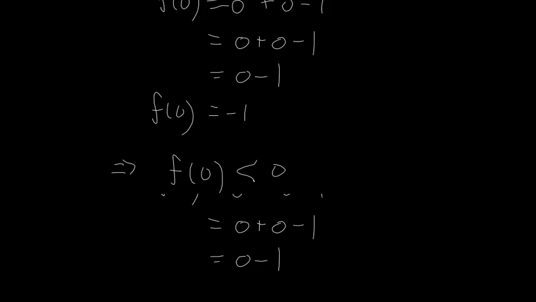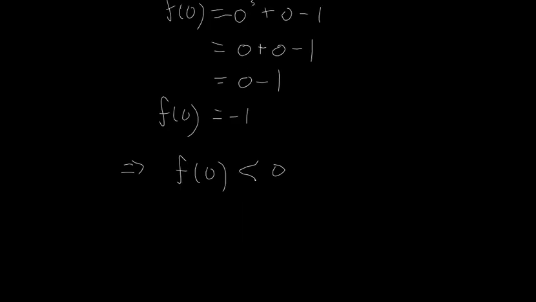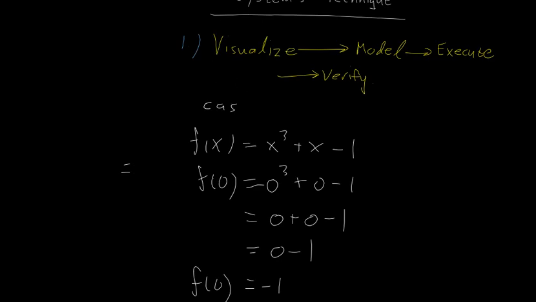Okay, so we're looking at some sort of monotonic behavior here. So that's the first case. That's case 1, at x equals 0. Then we're going to have case 2